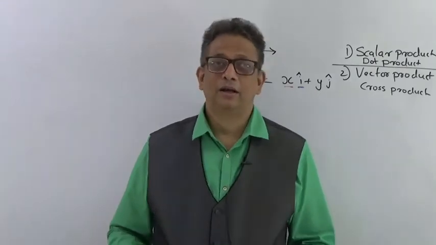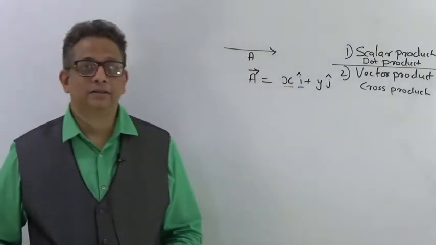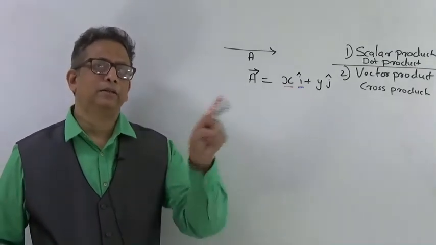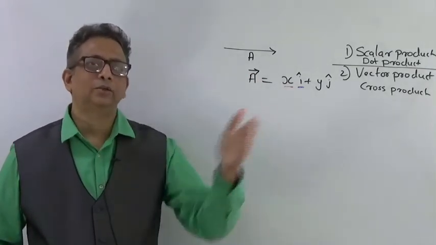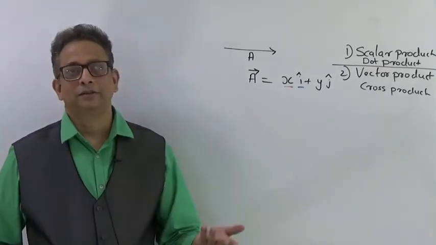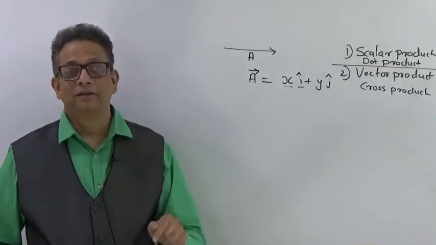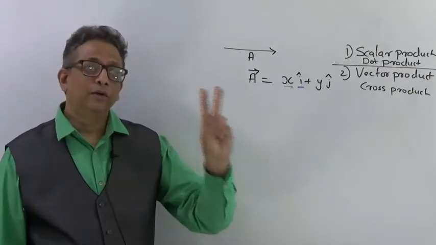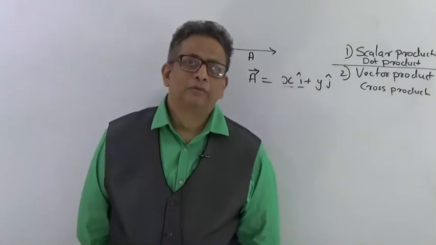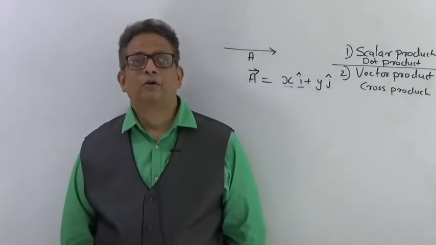You had never heard about two methods of multiplication. You have only one method: 5 into 6, 6 into 6. Even in algebraic equations the multiplication method was only one, but here in vectors you are going to learn two different methods of multiplication, and throughout the whole chapters we will be making use of either of these two methods to do the multiplication.